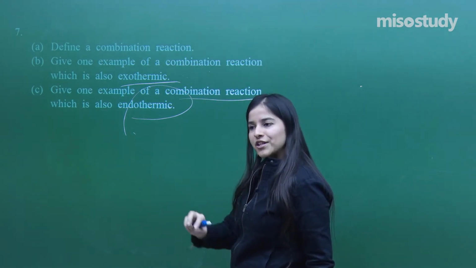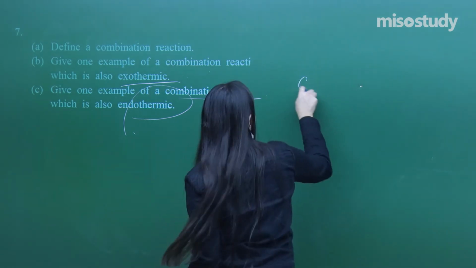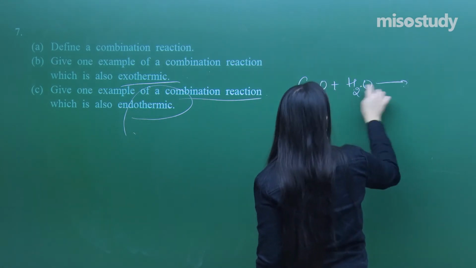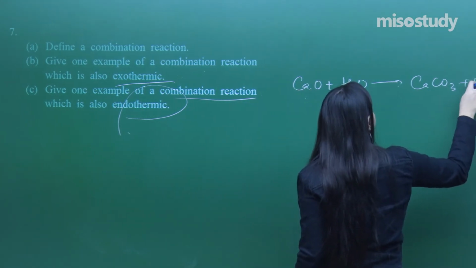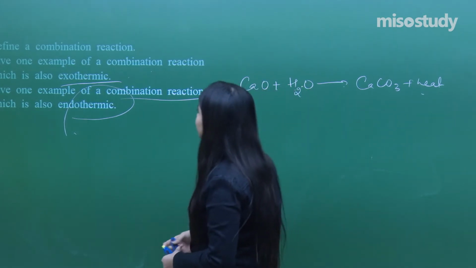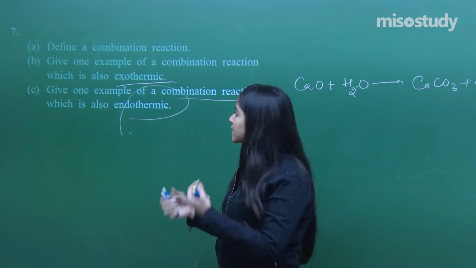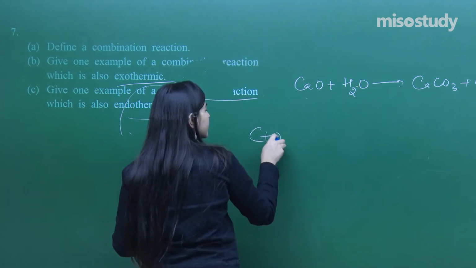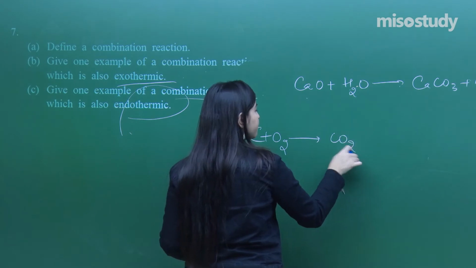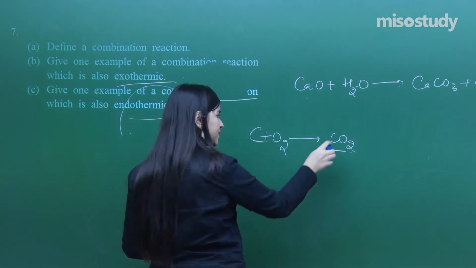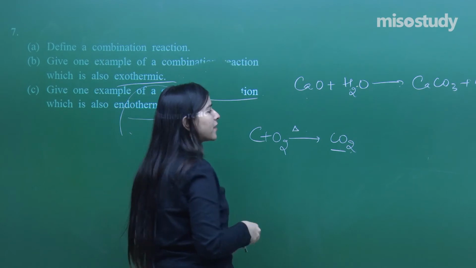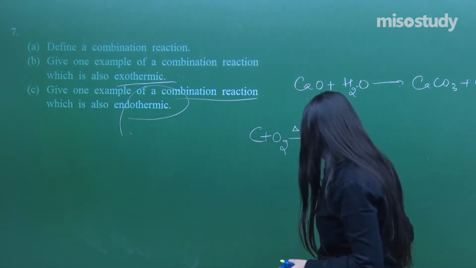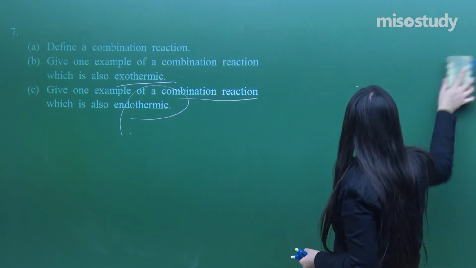So basically one of the combination reactions which is releasing heat, we just discussed that. I just told you about change in the temperature. For that I took calcium oxide, added a few drops of water, getting combined to form Ca(OH)2 plus heat. Okay, so this is one of the reactions. Now endothermic: if I try to burn coal in air, what do we get? We get CO2. I need to apply heat. Okay, so these can be two examples. Cool? Okay, so this was also a 3-mark question.